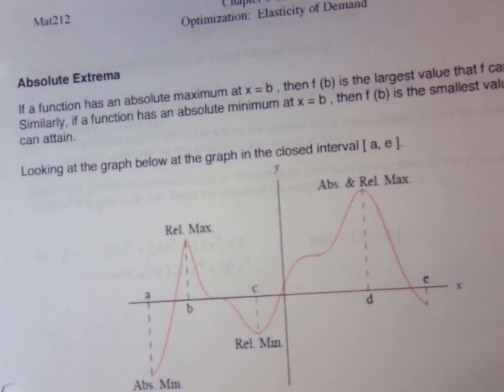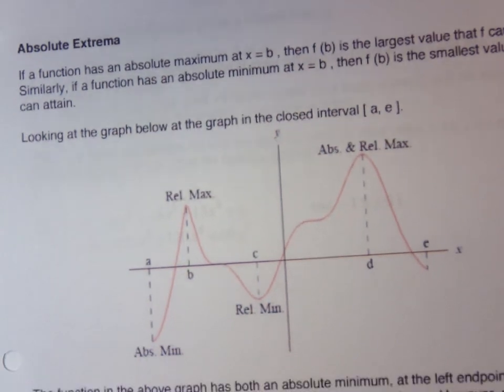Okay, this is 27A. And it says, we're now moving into absolute extrema, whatever that means. It says if a function has an absolute maximum at x equal b, then f of b is the largest value that f can attain. Similarly, if a function has an absolute minimum at x equal b, then f of b is the smallest value that f can attain. So if I look at the graph,